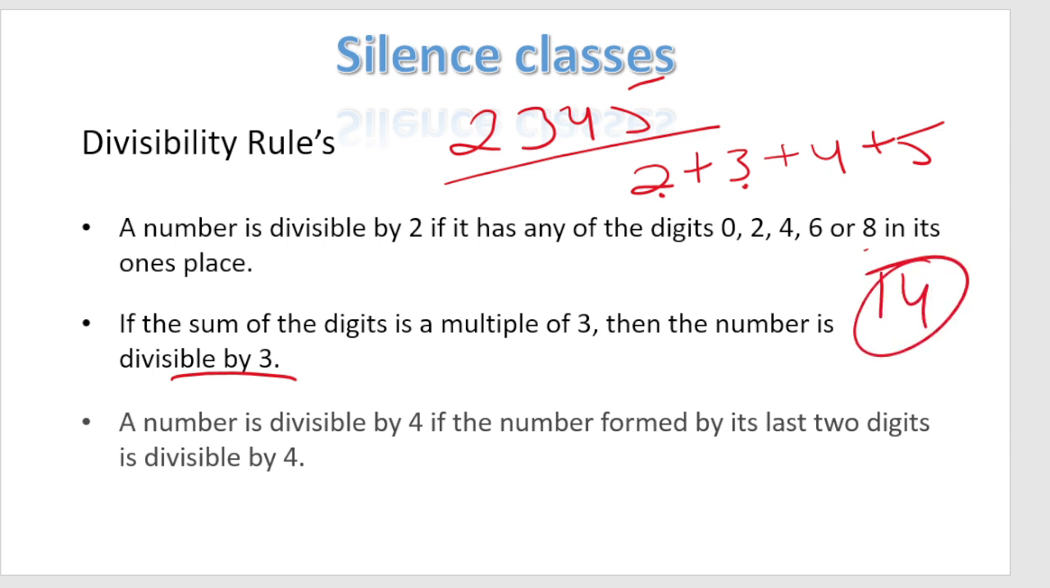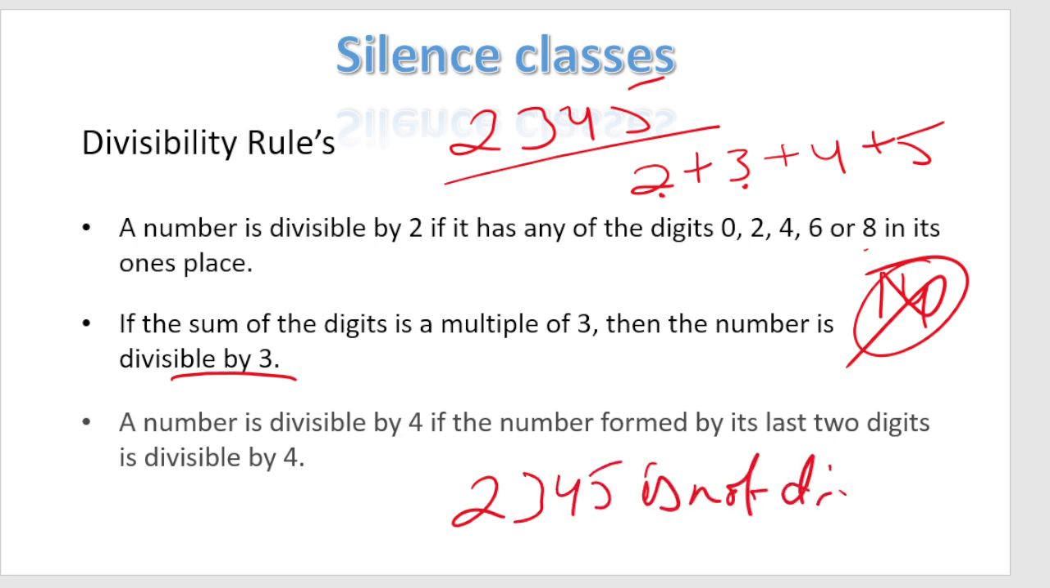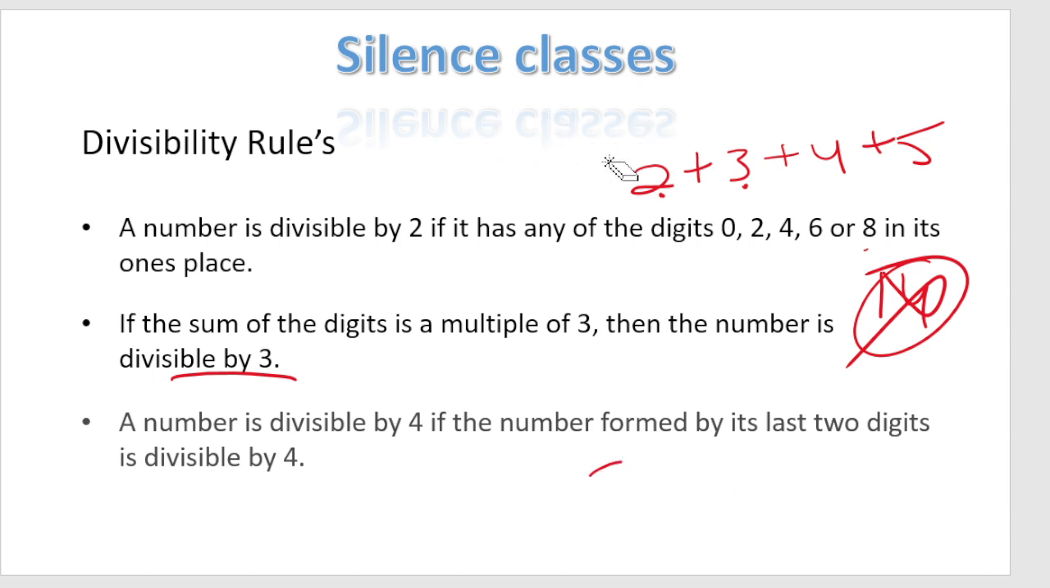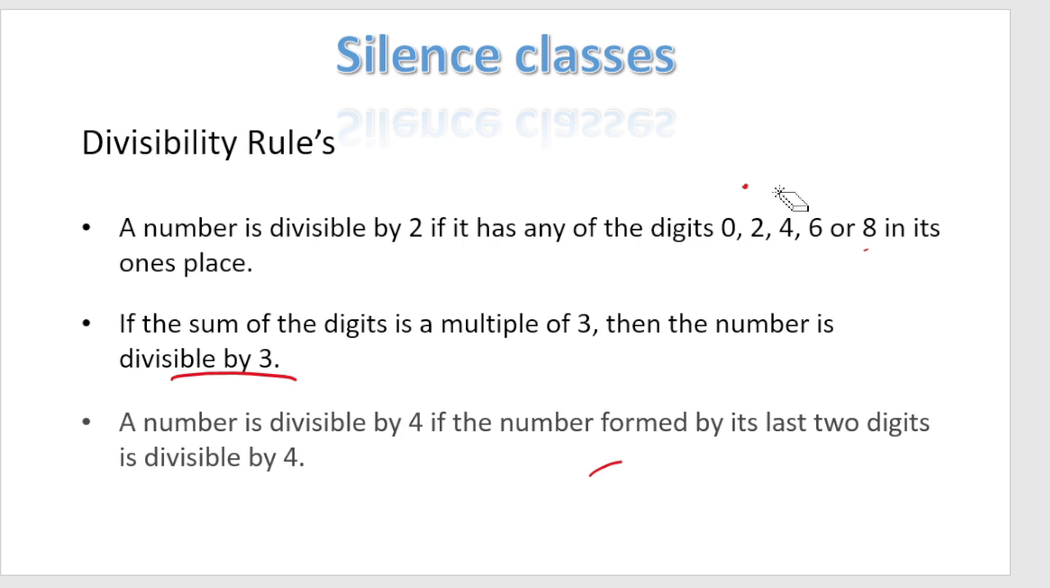Is 14 divisible by 3? No, 14 is not divisible by 3. Then we can say 2345 is not divisible by 3. Not divisible by 3 means the sum of the digits must be divisible by 3. Let's say 4 plus 5